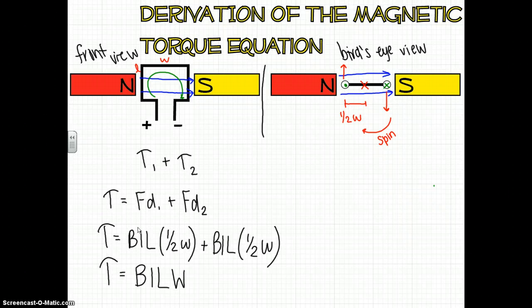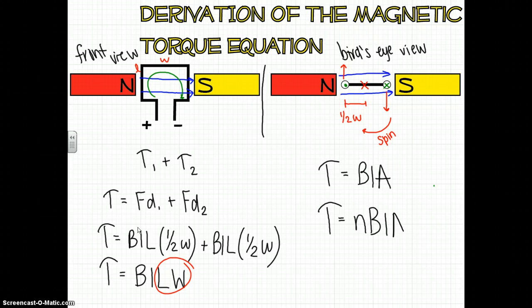Now, keeping in mind that length times width is area, then that length times width could be rewritten as A. So we have torque equals BIA. Now, on a motor, it's not very typical to just only use one loop of wire, so we typically use multiple loops of wire. So we are going to throw an N in front of this, indicating the number of loops that we use. And this is our torque equation for a loop that is in a magnetic